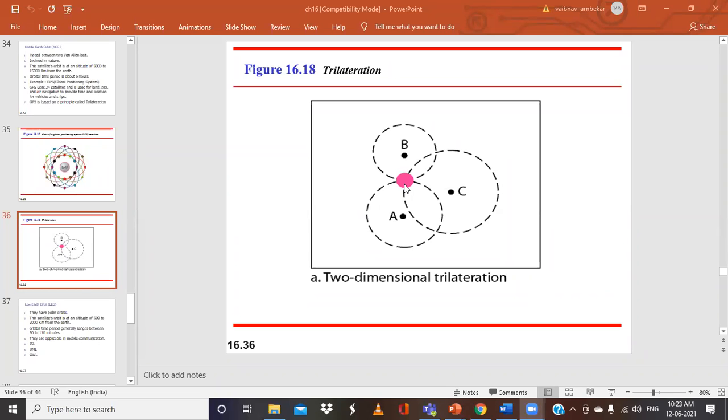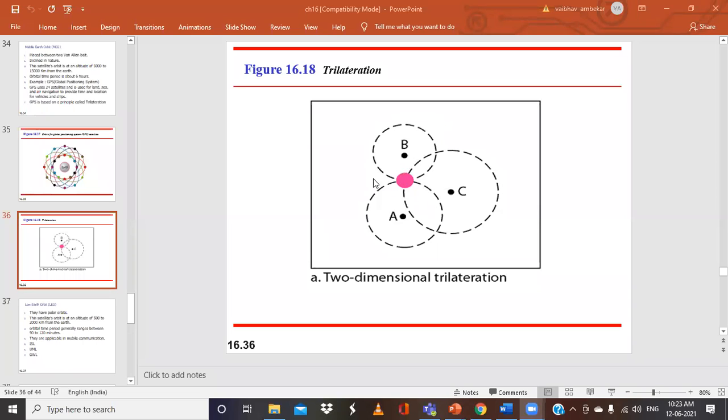So whenever I want to know my current location, or reach a particular destination, it will be calculated based on this concept. What this principle says is, if I know the distances from three different points, like from B, C and A, minimum 3 points, then I can draw a circle with the proper scale, or with proper measurements.